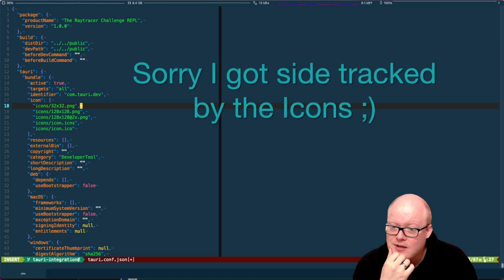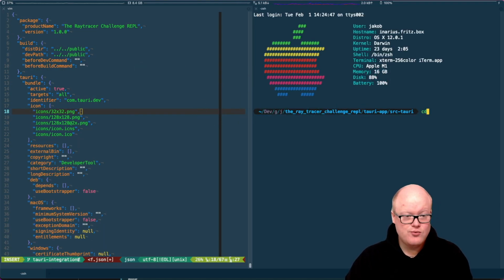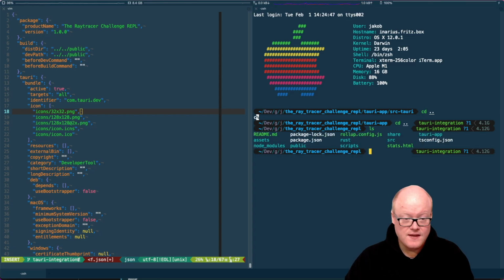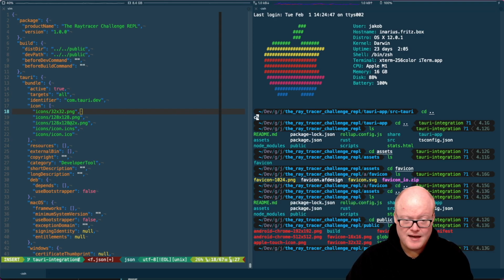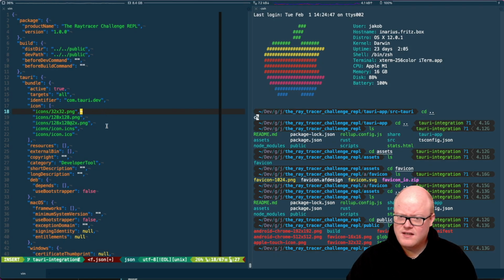We can actually maybe use our, let's see, couldn't we use our, where is it, assets? Couldn't we use our favicon for that? Okay, we don't have a lot of different versions, but we do, I guess, in public. We have this favicon in different sizes and stuff. And it seems to need it in, okay, so that's the Apple icon format. I don't know if I have that, but